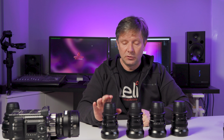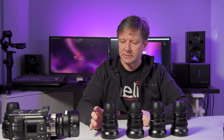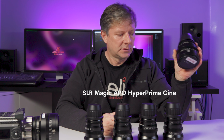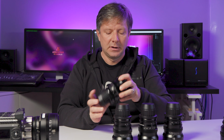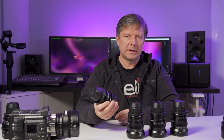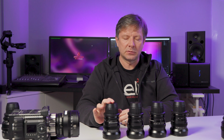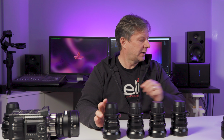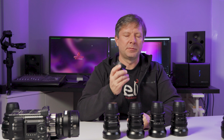They are the newest addition to their Cinema Prime lenses from SLR Magic. These are called APO MicroPrime Cines, as opposed to the APO Prime Cines, the bigger lenses. They share the same optics, but they are a lot smaller and a lot easier than the old ones. These new lenses are also PL mount, but you can order them also with EF mount for the moment. SLR Magic also makes PL to EF adapters, so if you order the PL ones, you can adapt them into an EF mount